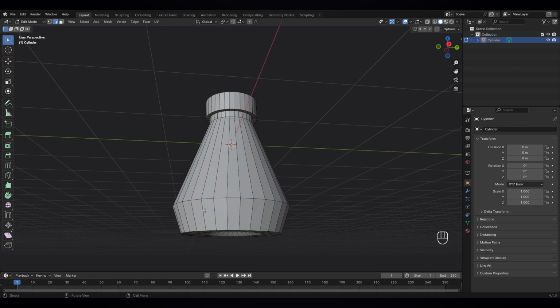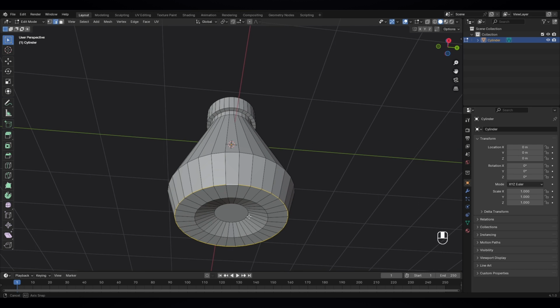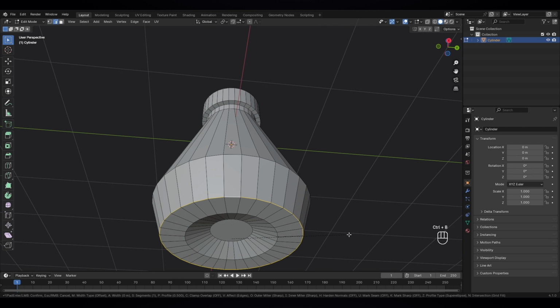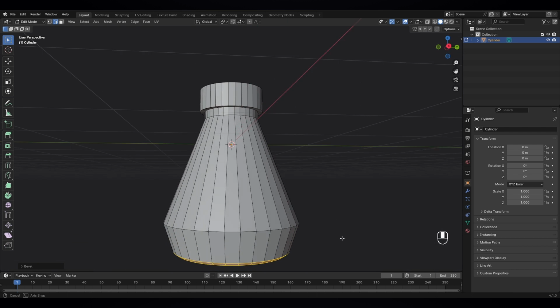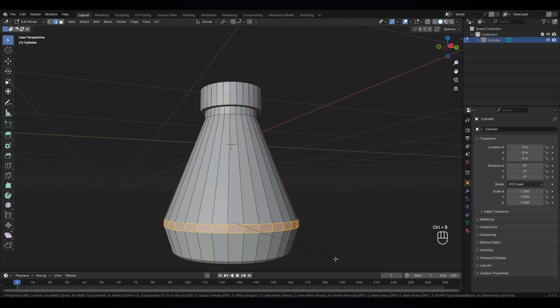Next thing, just select the edge select mode, select this edge by pressing Alt and Ctrl B to bevel it. Okay, something like this. And select this edge also, Ctrl B to bevel it, and scroll your mouse to give it more loop cuts, loop edges, how do you call it, I don't remember. Okay,